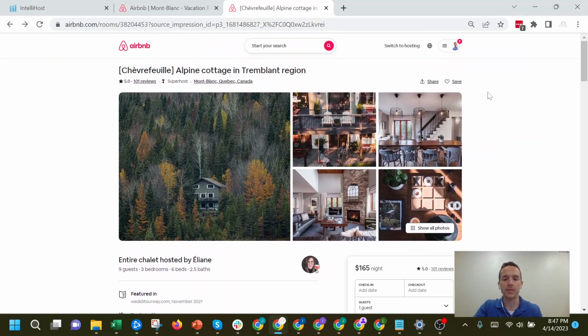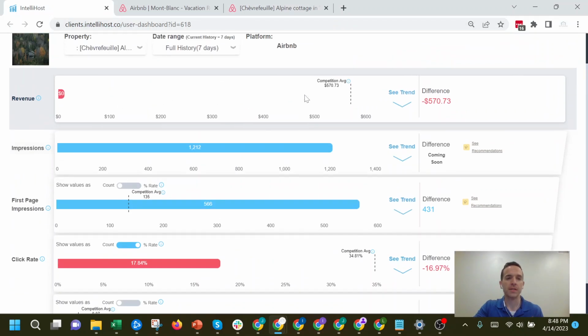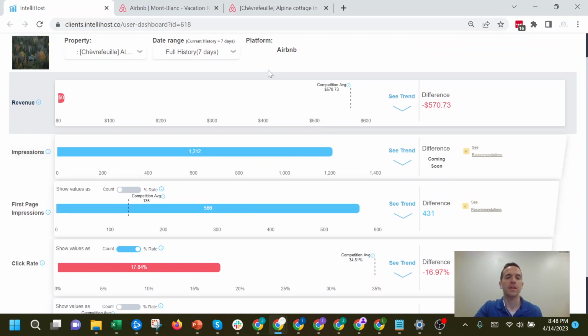And what we're going to do is walk through her funnel metrics to identify where she can improve. Now, I say funnel metrics or her booking funnel metrics. If you don't know what I'm talking about when I say that, refer back to our first video where we go over the funnel metrics and explain those in detail. So let's dive in. We're going to go to IntelliHost here, and the first thing we're going to do is